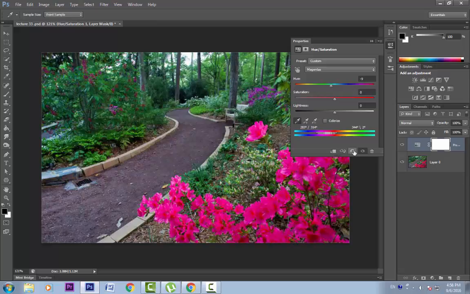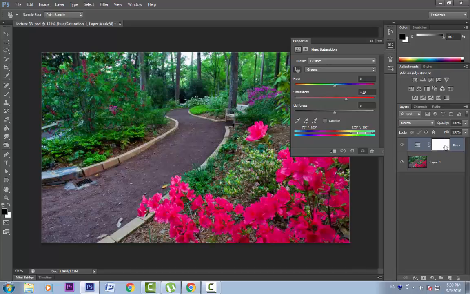Let's again reset it to default. Again, the best and easiest way is this interactive mode. With this active, we can just click on any area and Photoshop will determine those channels. And if I click and drag my mouse, you can see that the saturation value is changing. And if I control click and drag, the hue value changes. Again, go to any color, click and drag to change the saturation and control drag to change the hue.